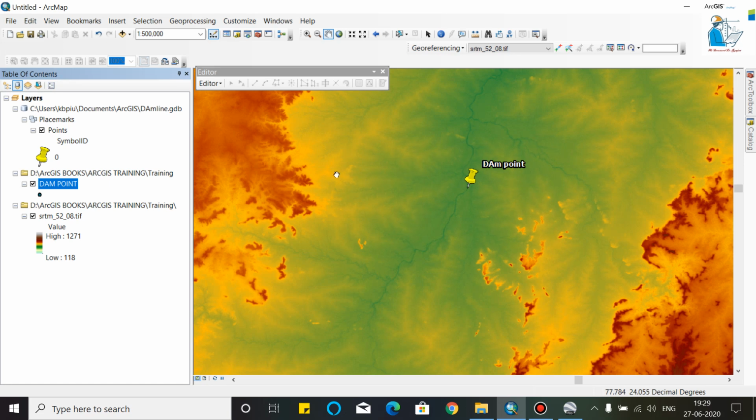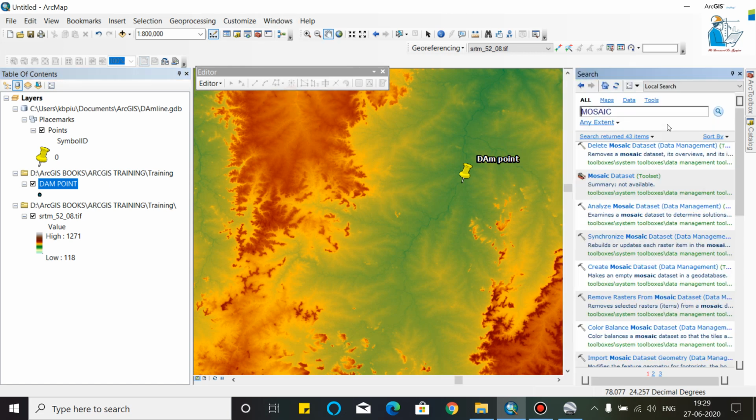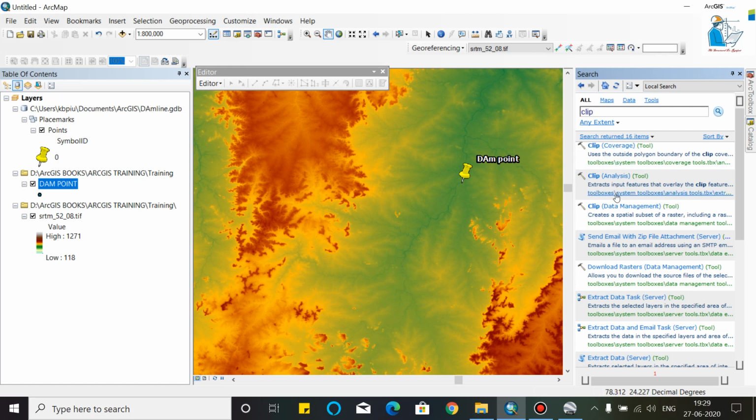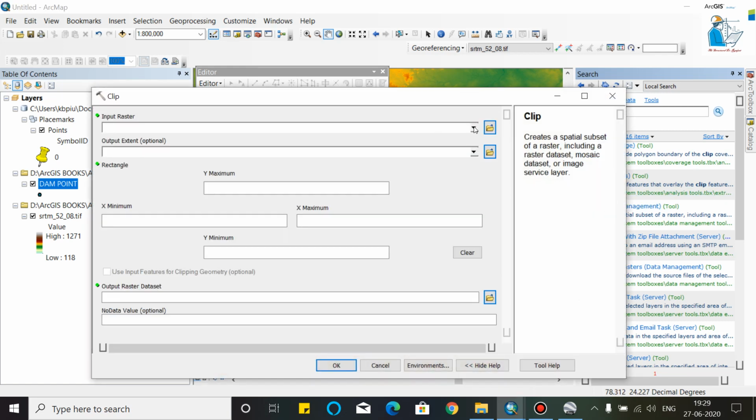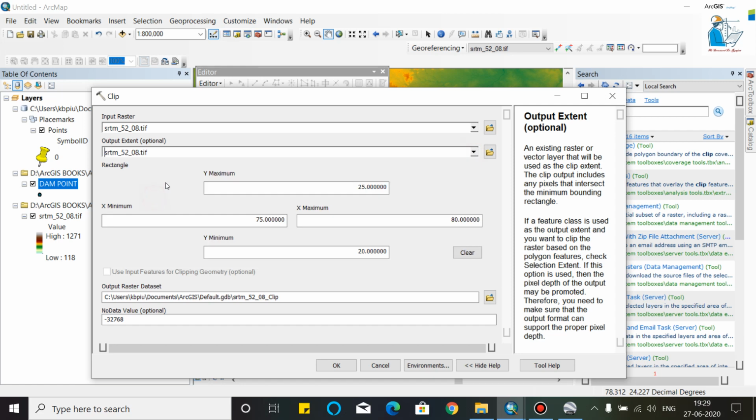Now we will start the process to find the catchment. First we have to go to the search bar and find Clip. Go to Clip in Data Management, and the input raster is SRTM, and the output will be the same.